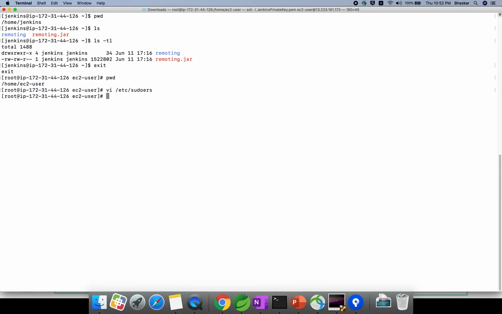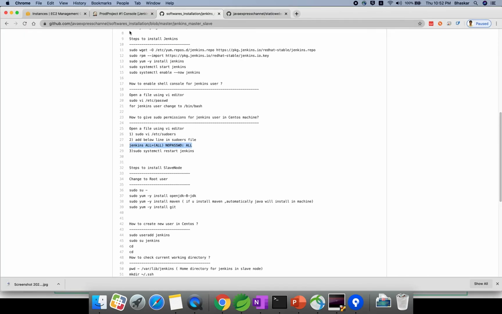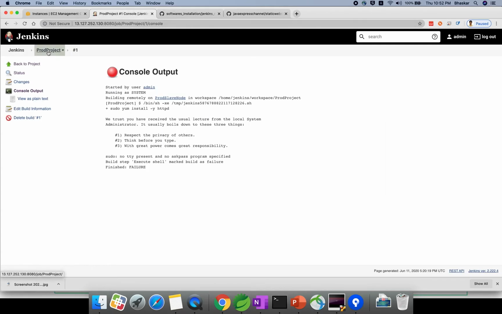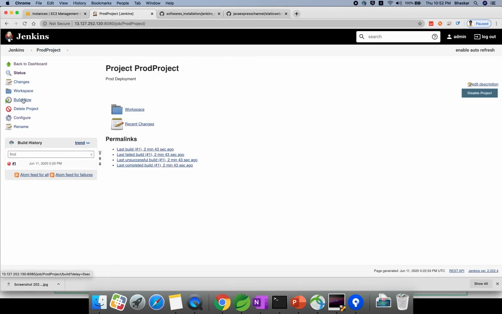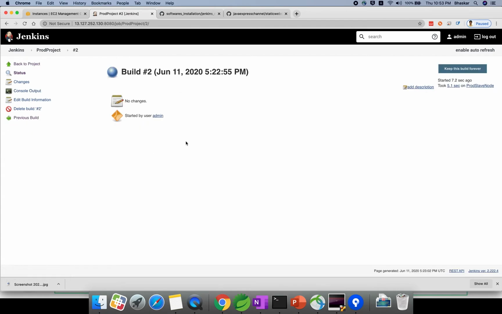Now you need to restart your virtual machine, otherwise this particular configuration won't apply. Okay, you need to restart your machine. We'll try like this. I given, right? Now you given root permission, right? What I will do, you will go and check. I will build one more time, but we didn't install Jenkins in my slave node, right? So hope we no need to give.